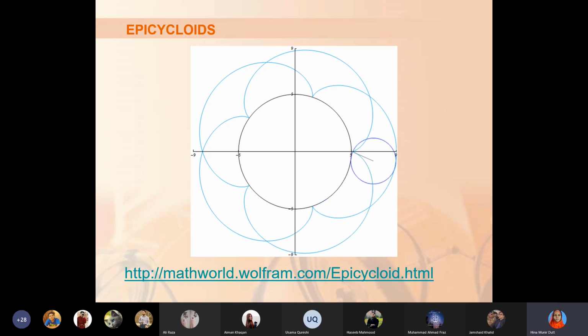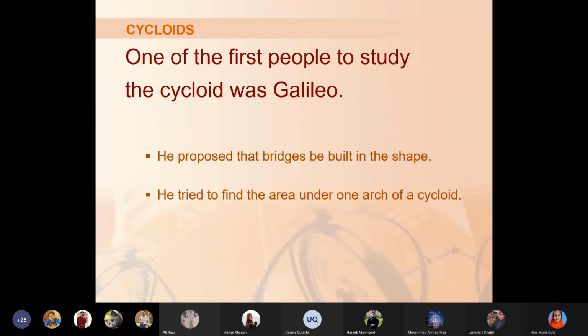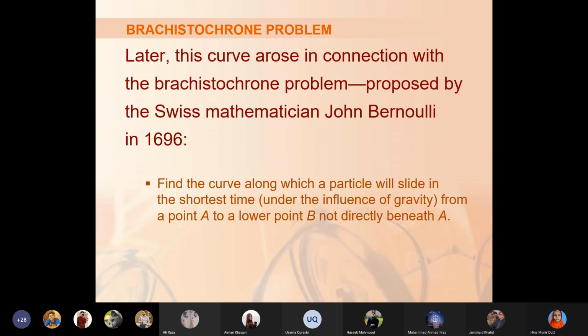So what is the importance of the cycloid? Let's see first the importance of the cycloid, then we will derive its equation. One of the first people to study the cycloid was Galileo. He proposed that bridges be built in this shape, and he tried to find the area under one arch of a cycloid. So basically,